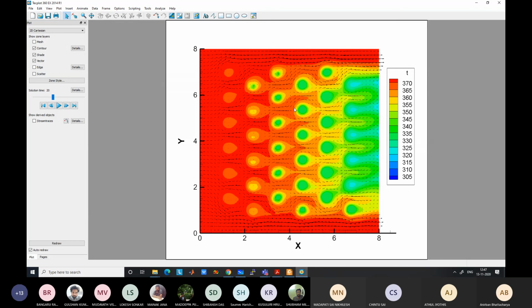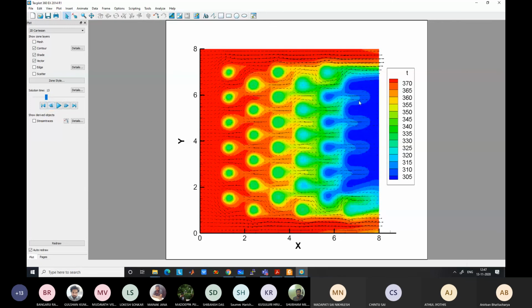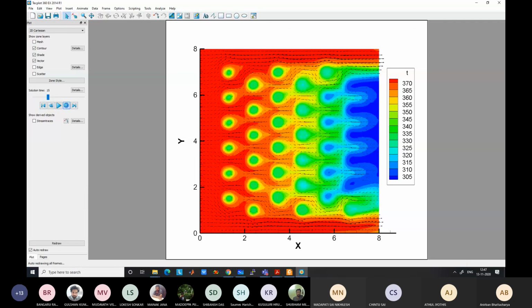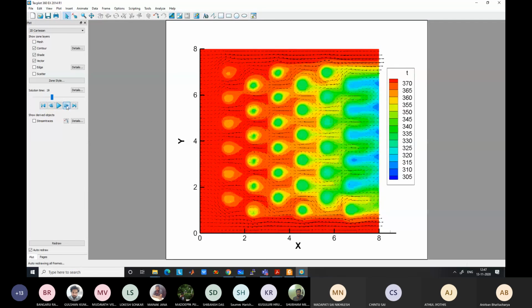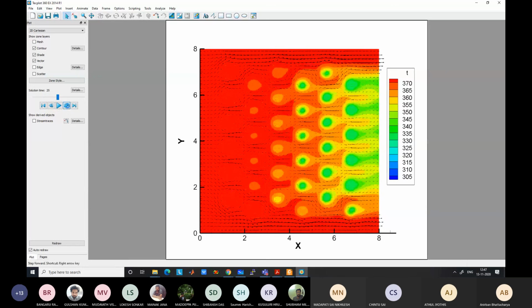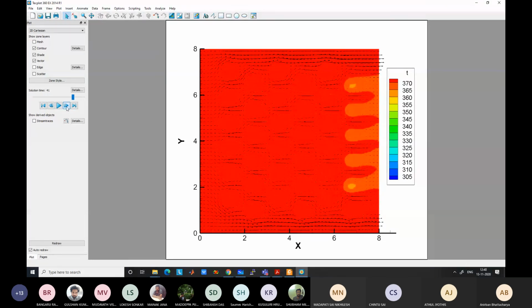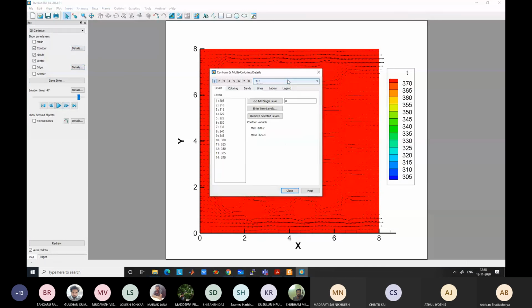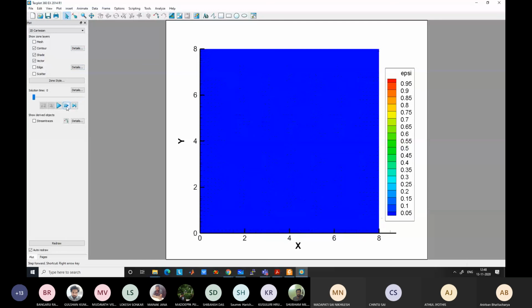Downstream from each capsule, the water temperature is decreased because the energy of the water has been taken out. All the energy of the water is being taken by the capsules and stored in them. After some time, the entire capsule will melt. Our main objective is to see how we can enhance this melting rate by studying different designs or modifications. This is how the melting takes place.